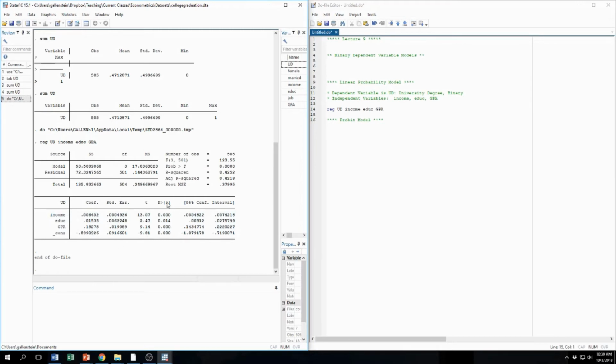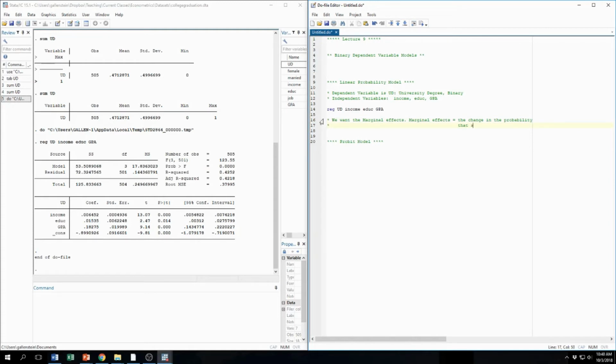Really, the thing that's different here that we need to focus on is how do we interpret the coefficients. Now, if you remember, and I'm just going to make a note over here to make it really clear, we want the marginal effects. All right, marginal effects are the change in the probability,